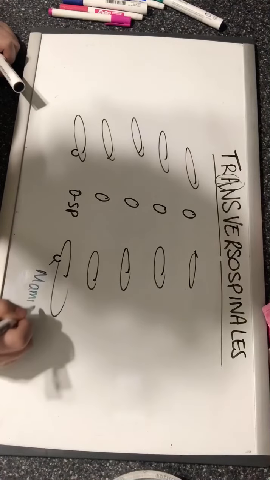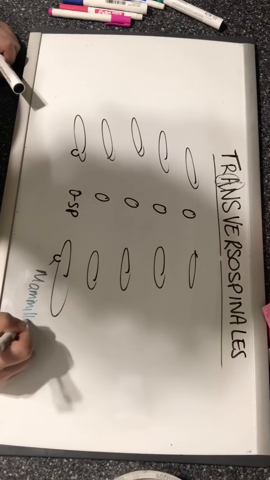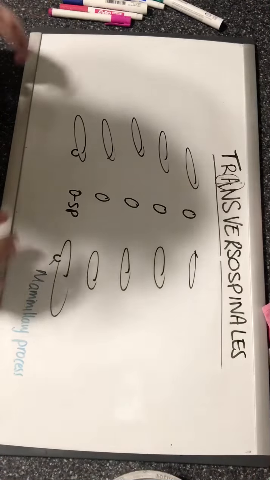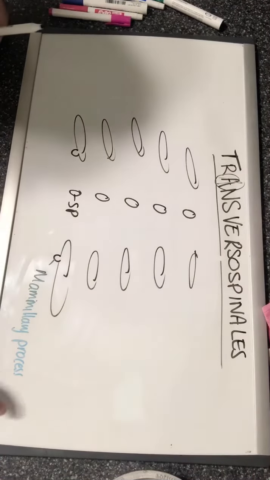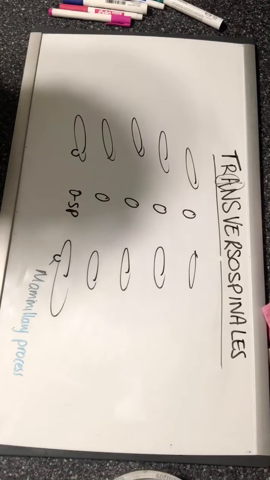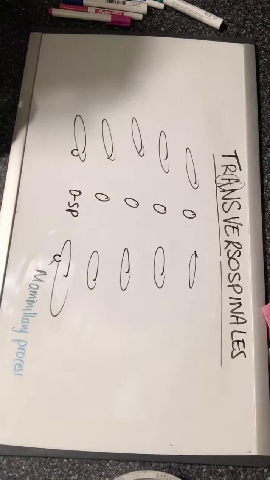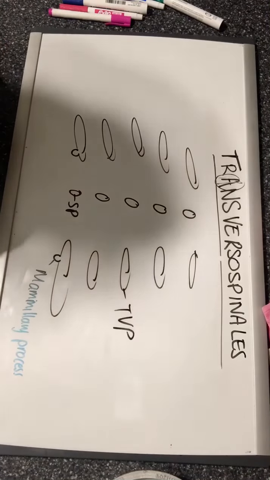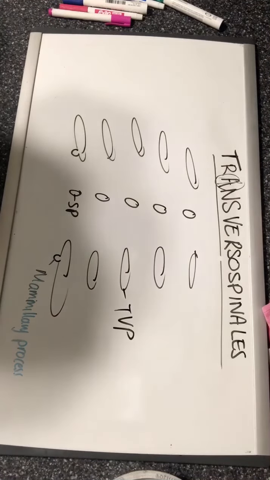Now this, for schematic purposes, is placed on the TVP, but on the actual lumbar vertebrae we find the mammillary processes on the superior articular facets and the processes. So the first muscle that we find in our transversospinales group is going to be the